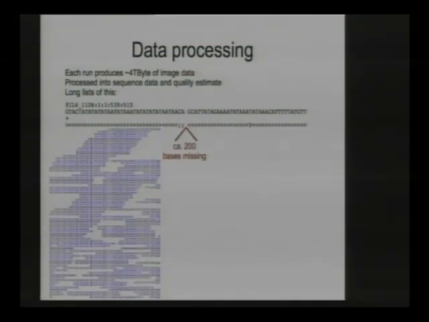So each flow cell has 8 lanes, which run in parallel and can carry different samples to be sequenced. And at the moment, per lane, I get about 9 million of these. So it's quite a bag of reads. And this is what they look like in a so-called alignment. As you can see, the bases in one column are always the same.